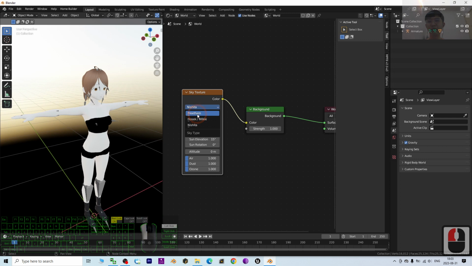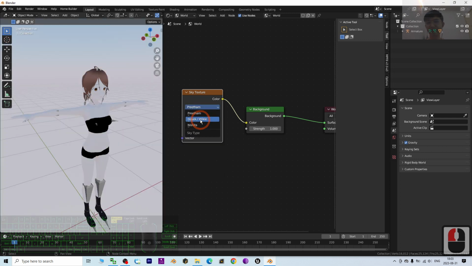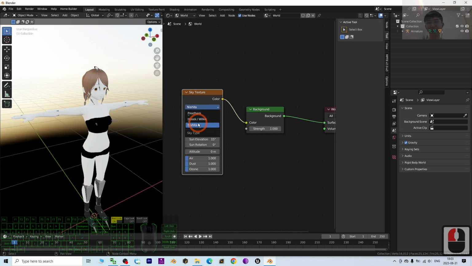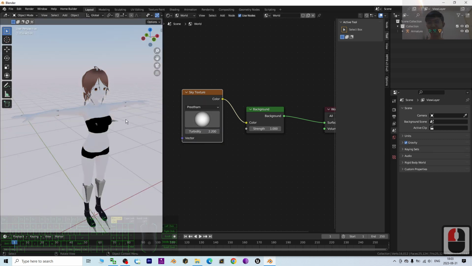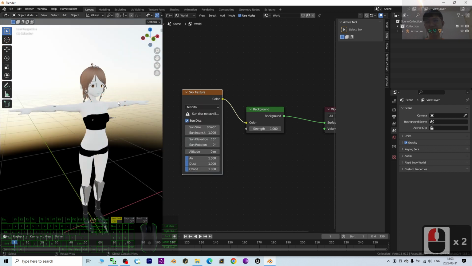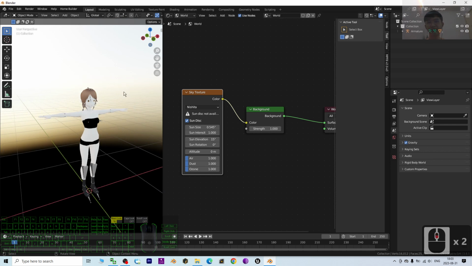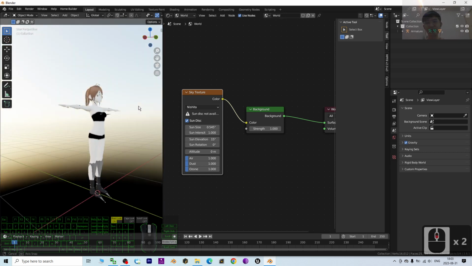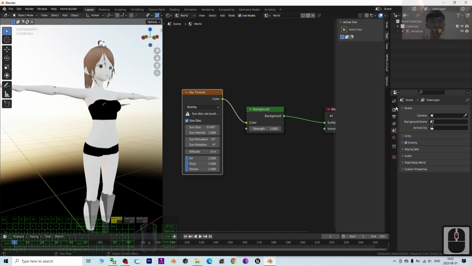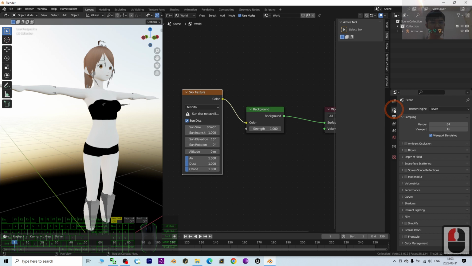You have 3 options here, like this. Totally 3 types of the lighting. When you want to render it, actually, you can render without seeing the sky. Now you can see the sky, but before you render it, you can just go to here and then